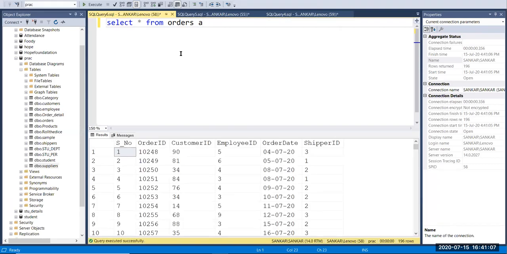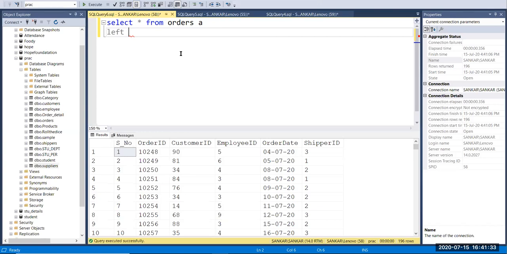Here we have order ID, customer ID, employee ID, and also shipper ID. Next, I'm going to connect the order detail table by using order ID. Here I'm using left join. You can use left join for most of your programs.